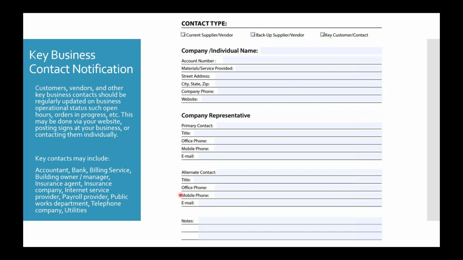Key business contacts. This is something that I find almost no one has updated and well managed. We're talking about suppliers, vendors, backup suppliers and vendors, and key customers and key contacts that you need in your business. In a significant business disruption, on that second slide where I showed Winston Churchill with the victory sign, I